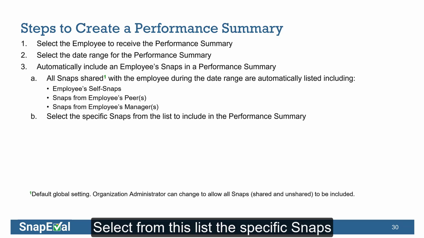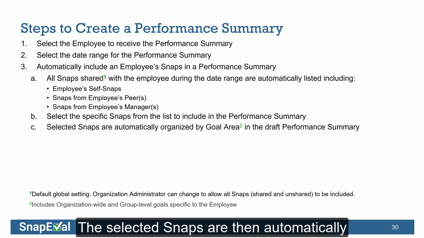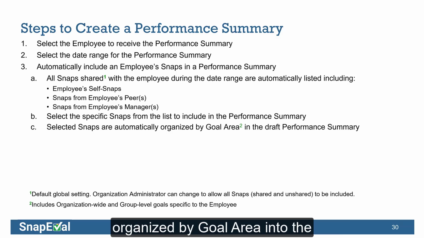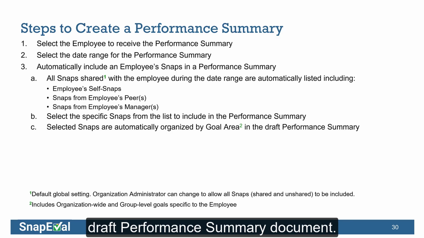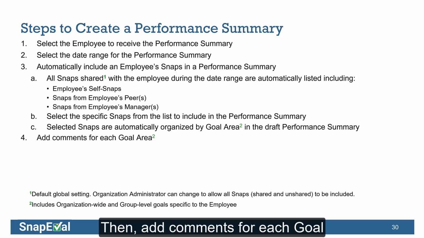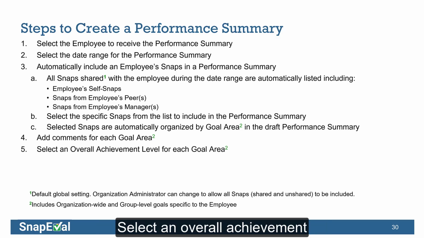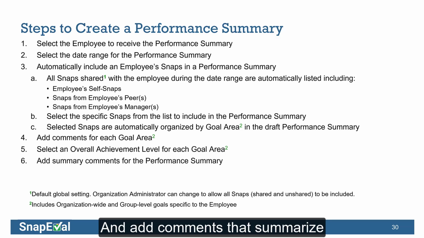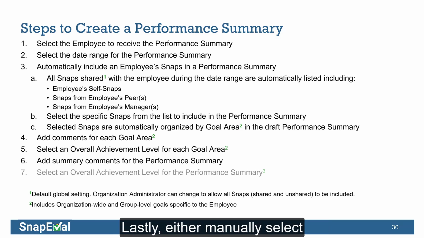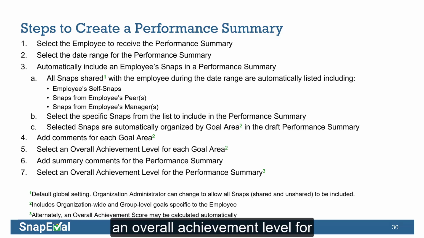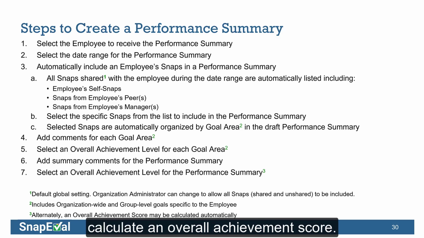Select from this list the specific snaps to include in the performance summary. The selected snaps are then automatically organized by goal area into the draft performance summary document. Then add comments for each goal area in the performance summary. Select an overall achievement level for each goal area, and add comments that summarize the employee's overall performance. Lastly, either manually select an overall achievement level for the performance summary, or let the SnapEval system automatically calculate an